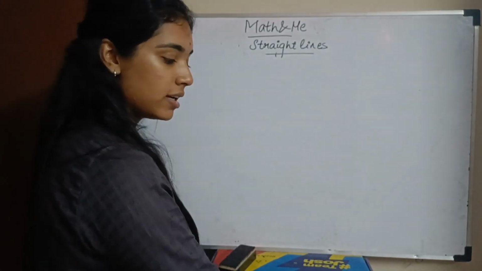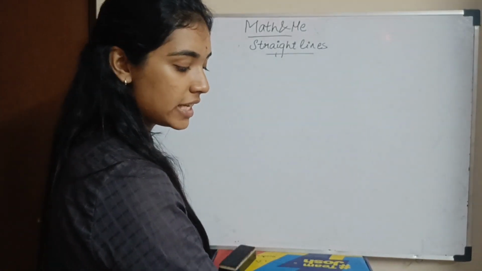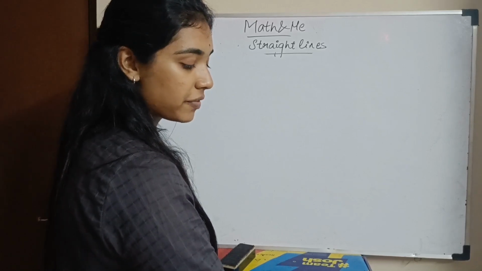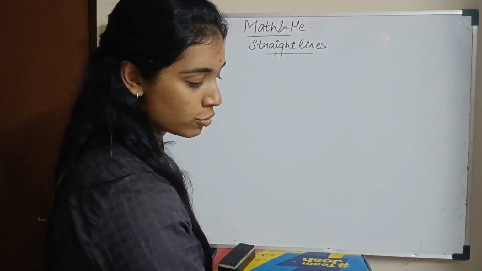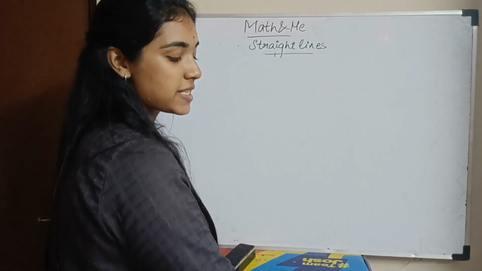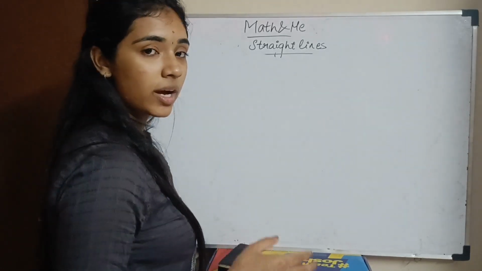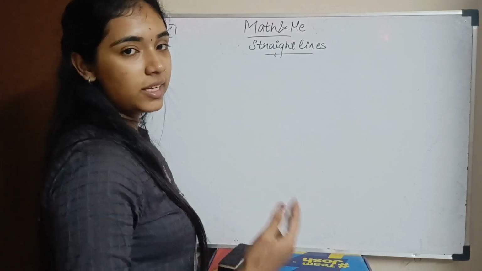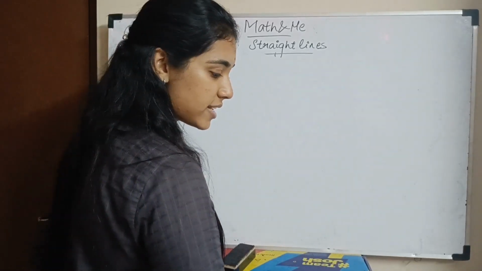Question number 16. The length L of a copper rod is a linear function of its Celsius temperature C. In an experiment, L and C are given for two values, and we have to express L in terms of C. So what do you have? You have 2 points, so you can use the 2-point form to find the equation of the line. Okay? So it is that simple.